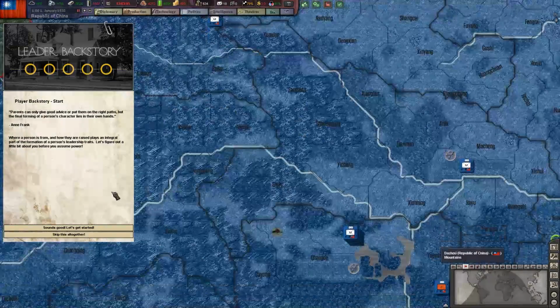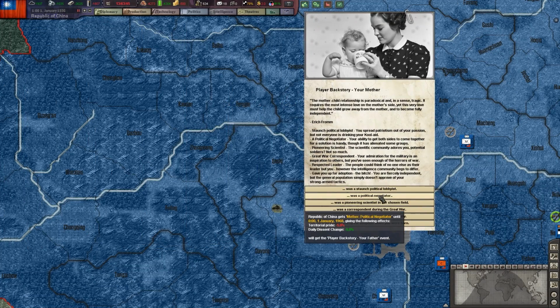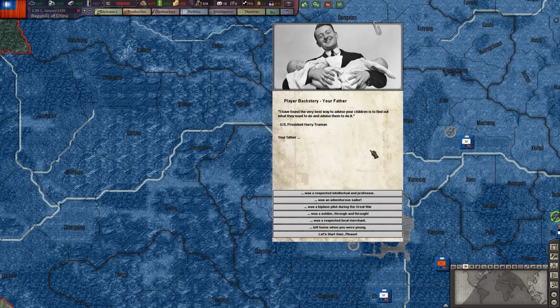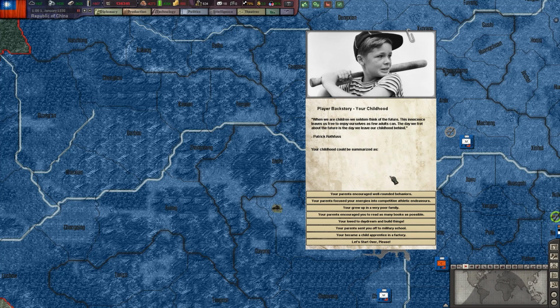So I personally go a certain way with this most times. So let's get started. I'm going to go for the political negotiator. I'm then going to go for the intellectual professor. Then we're going to do the... See, this one's always one that I'm a little bit like, none of these are particularly interesting. This is the only one where it's always a bit of a toss-up. I mean, the child apprentice in the factory to get a few more resources, maybe. Military school. I don't know. None of these ones ever really...